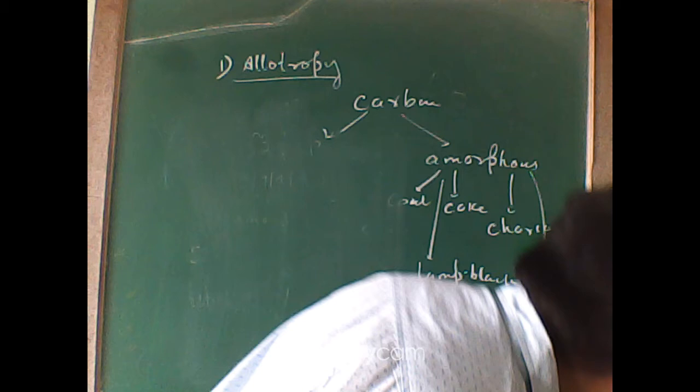Now next, graphite. In graphite, each carbon atom is sp2 hybridized. In diamond, each carbon atom is sp3 hybridized, but in graphite, each carbon atom is sp2 hybridized. The sp2 hybridized carbon atom forms 3 covalent bonds with neighboring carbon atoms, and thus it forms a